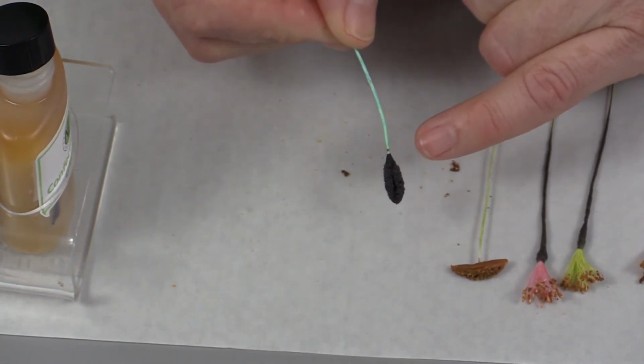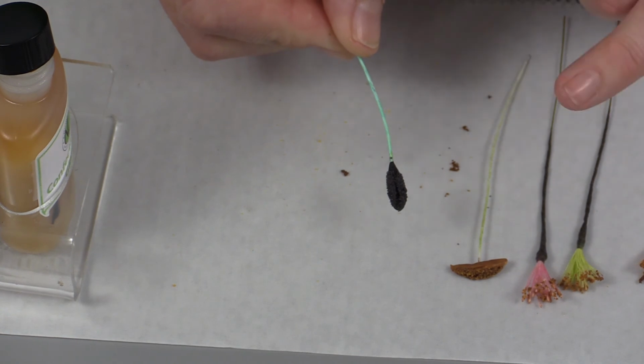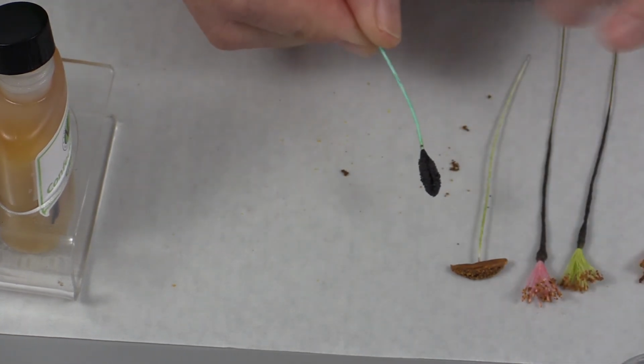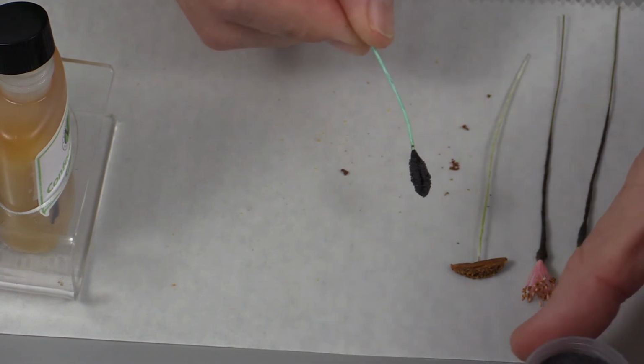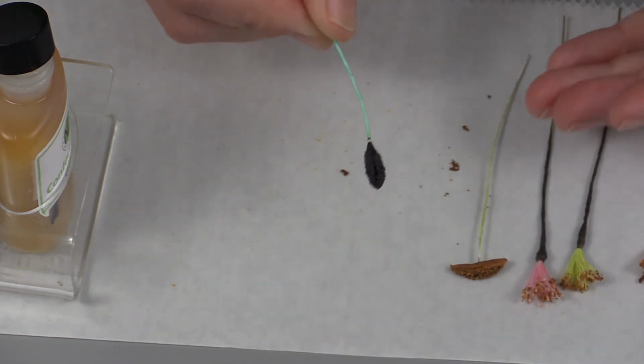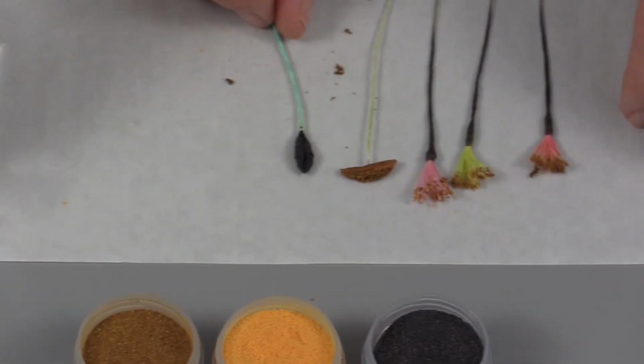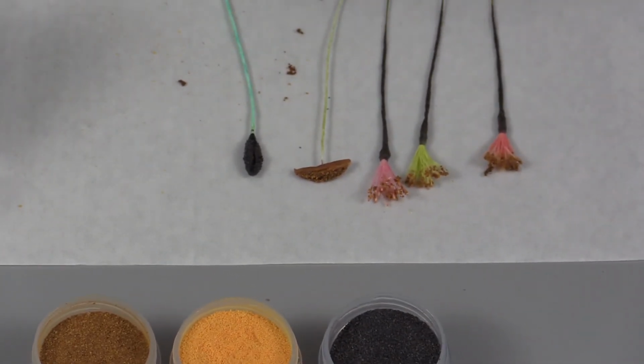Now, most of the time I just use it straight from the container like I've been showing you, but if you were doing a larger surface area, you could of course pour a little of this into a small dish or onto a piece of paper and then pour it back into the container. So this is the E-Z Pollen. Remember, these are available individually